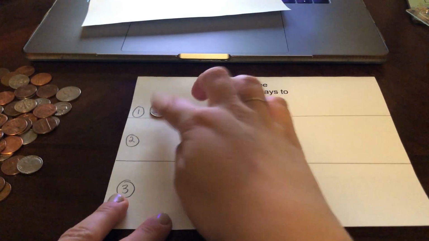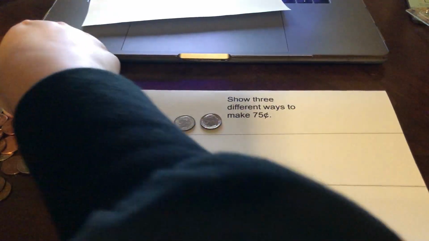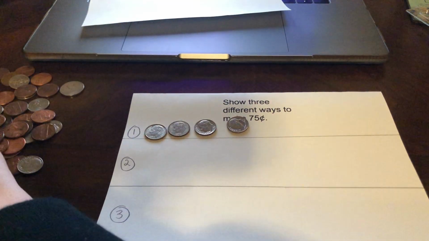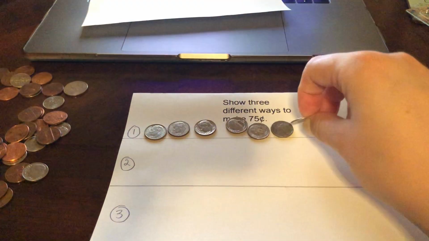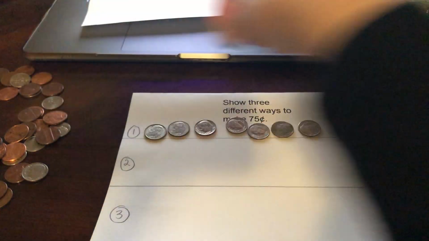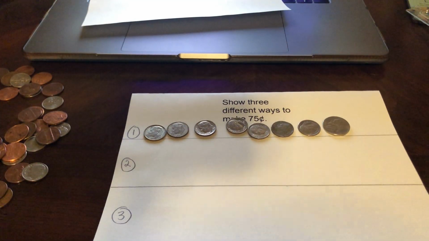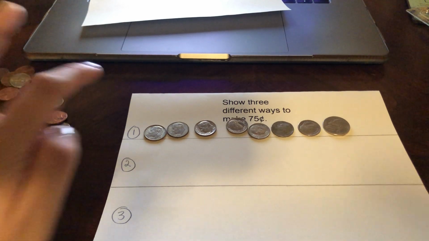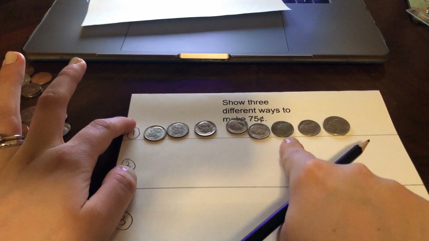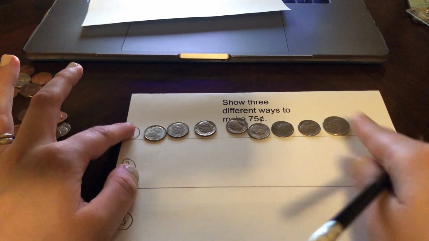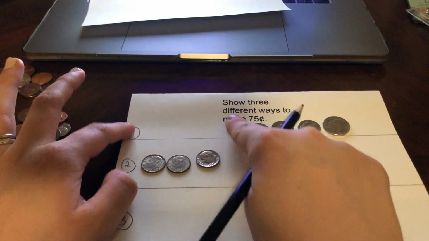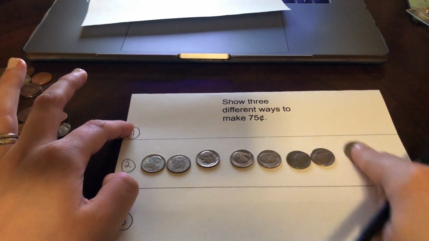So my first way, I know that I can have 10, 20, 30, 40, 50, 60, 70. So 7 dimes and a nickel will give me 75 cents. Because I have 10, 20, 30, 40, 50, 60, 70, 75 cents. So what I'm going to do is record what I just made with coins